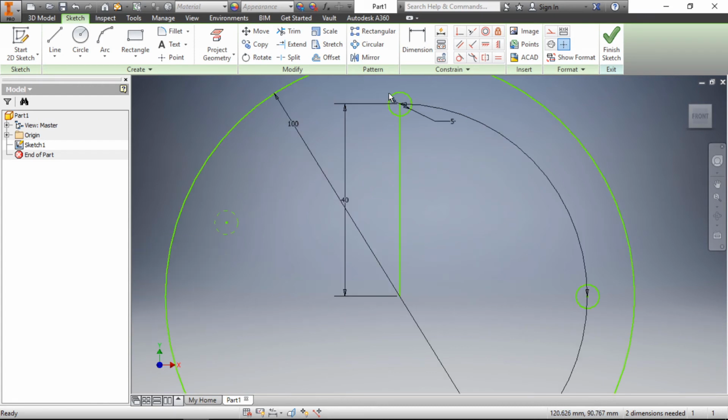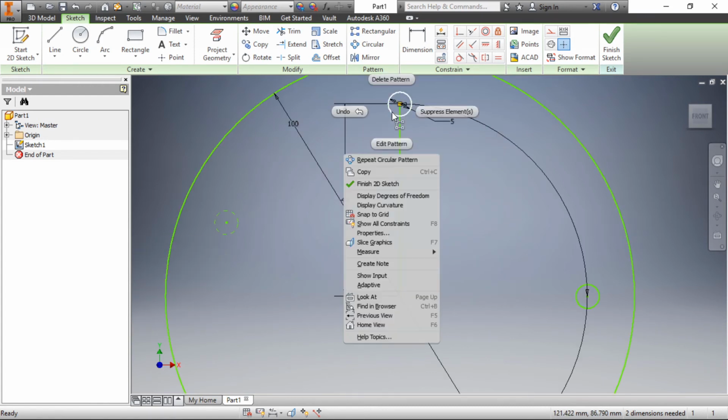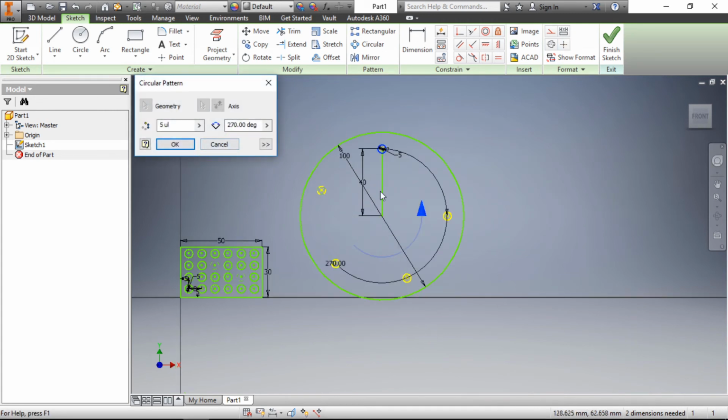If you want to edit the pattern, select any instance, right click and edit pattern. You can change the number of instances and the angle of rotation, 360 degrees, and then press OK.